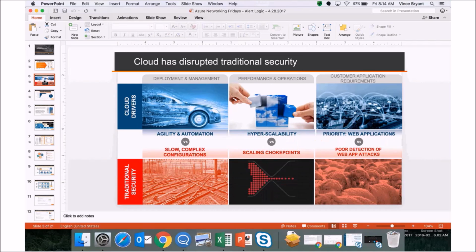Now, the reason we've had a lot of success is because security in cloud is a little bit different. A lot of the existing security products may have challenges moving into the cloud. They may not be as easy to deploy or fit into the DevOps frameworks that a lot of organizations use for their continuous pipeline. Trying to maintain a perimeter around a cloud workload can be done, but it can be challenging if that workload uses auto-scaling or scale sets, or if there's a lot of ephemeral infrastructure. And then finally, web applications: some of the traditional security products don't really focus on that area. And this is important because